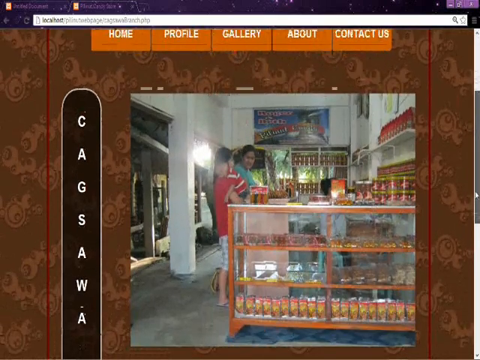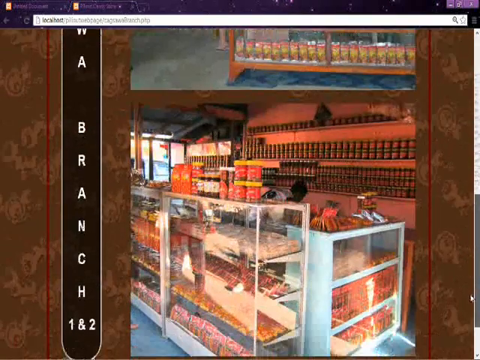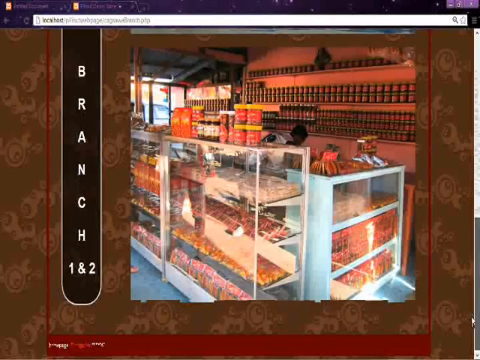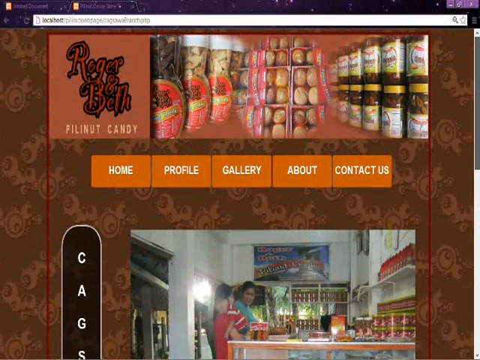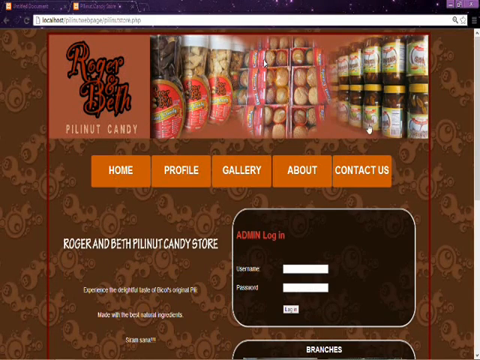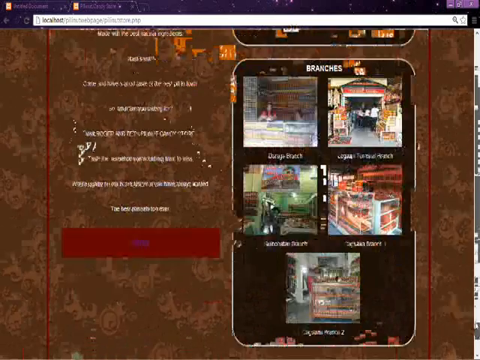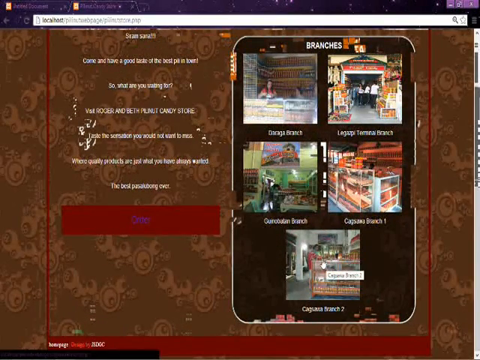This shows two pictures of the branches in Cagsawa. One is inside the Cagsawa ruins and the second is outside. The same with the fifth.